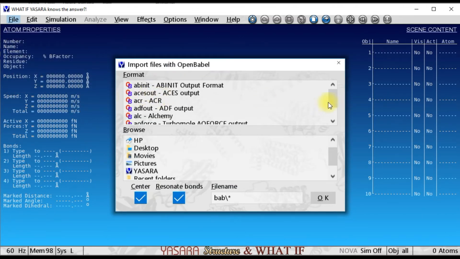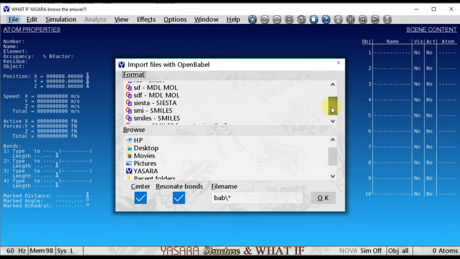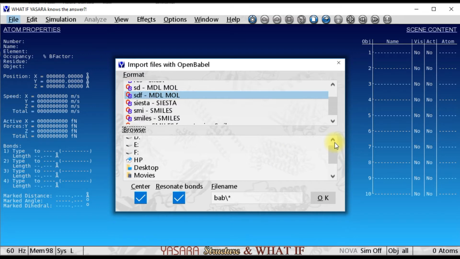In the format you have to choose SDF. Here you can see SDF MDL mol. Click this and choose the folder where you have saved your compound. I have saved it in D folder in 1SRA.